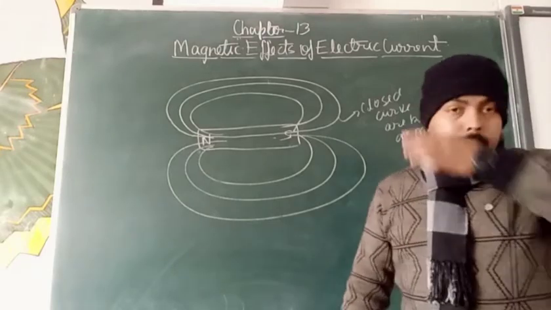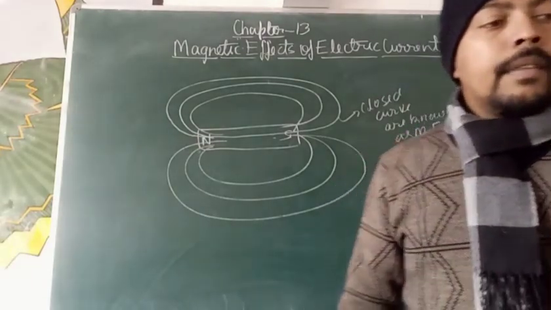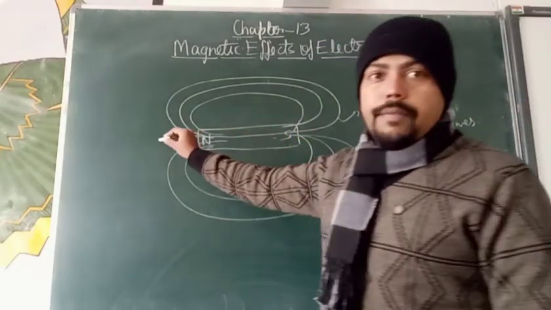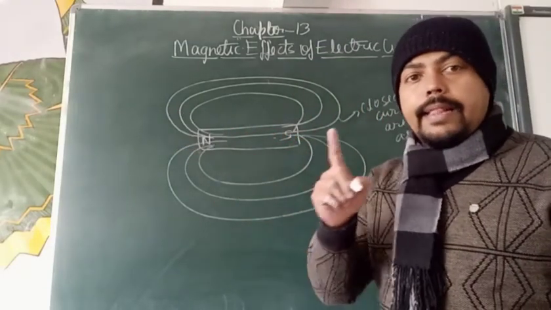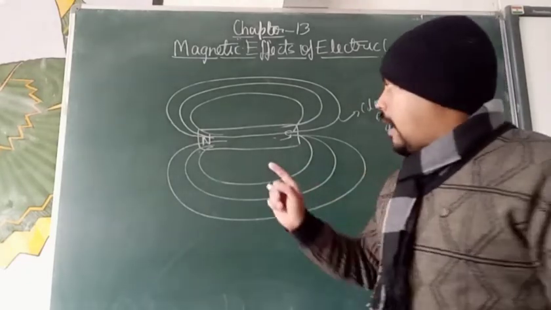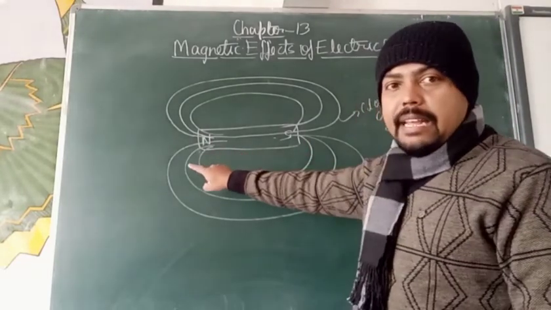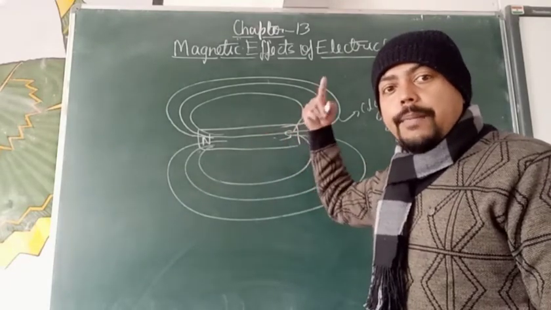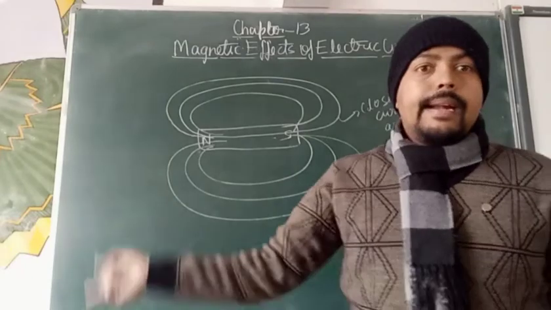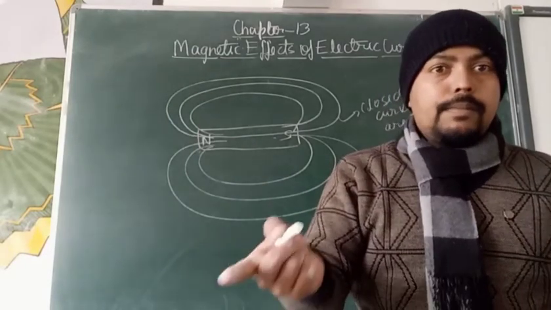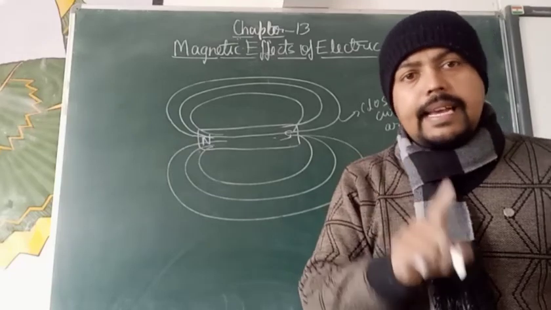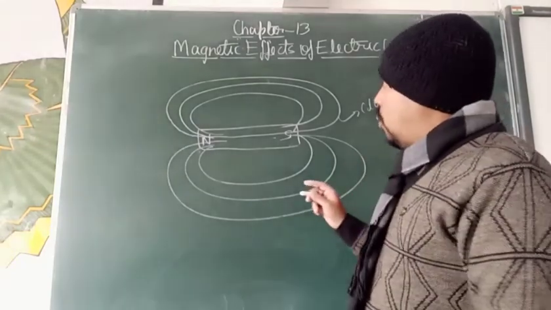Okay, so magnetic field lines are what? Closed curves which we can observe in the case of a magnet. And one thing very important is how we can relate these magnetic field lines with the magnetic field. If we want to find out the direction of the magnetic field, because the magnetic field is a physical quantity and it is a vector quantity and it has direction. So if we want to